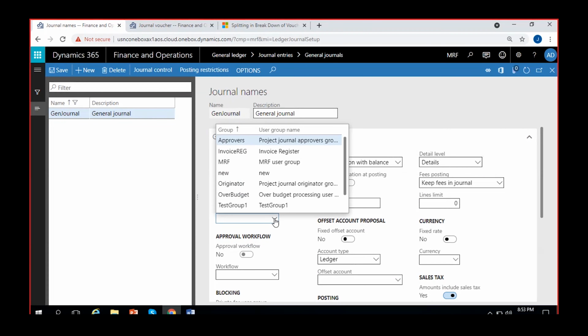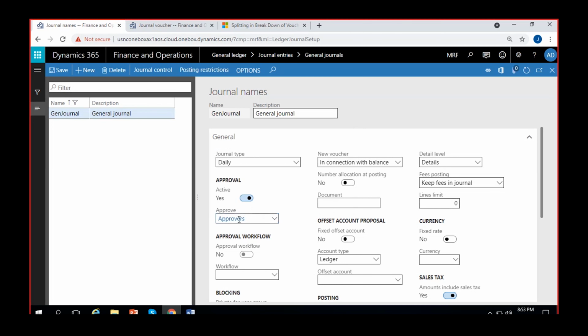Generally, if I post it with two different voucher numbers, it will show me two different voucher transactions while I track here by clicking on voucher. But now if I click here and click on voucher, since I have a single voucher, both of the transactions will be shown under a single voucher. See under voucher number 11, I can see rent account debited, cash account credited, travel expense account debited,